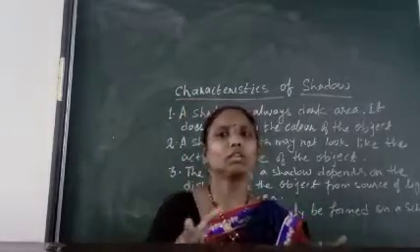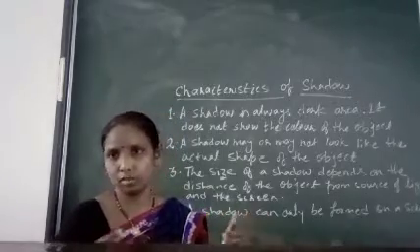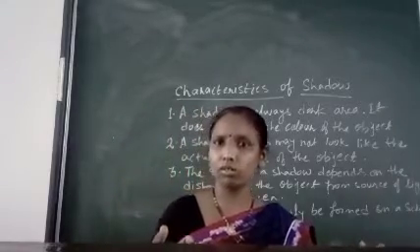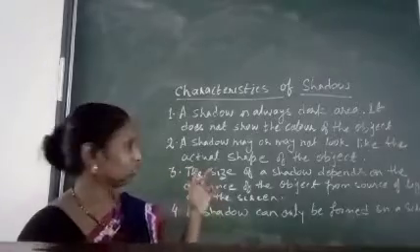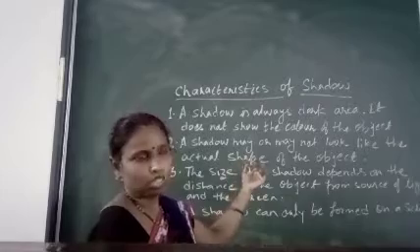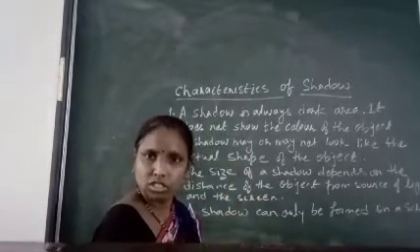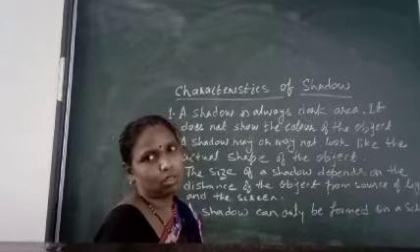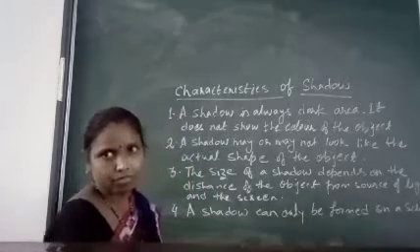So shadow shape and size may or may not be the same as the object. Sometimes it may be the same, sometimes it may be different. Understand all of you? Clear? So the shape and size of the shadow is not always equal to the shape and size of the object. Shadow shape and size changes with the change in the position of the object and the change in the position of the source of light. Understand? Clear to everyone?